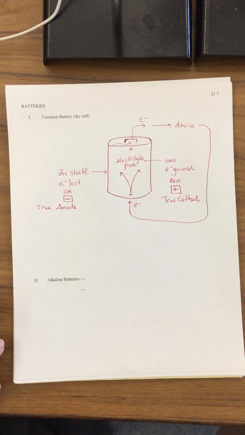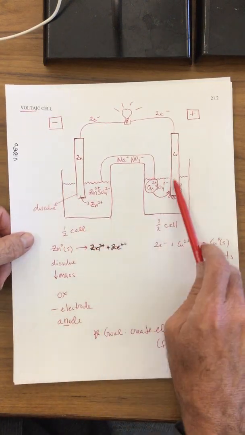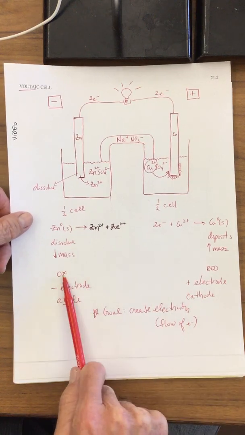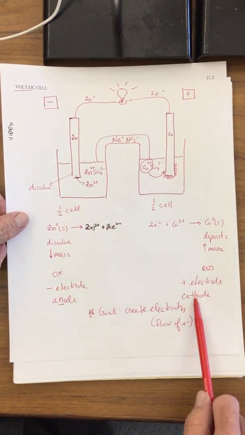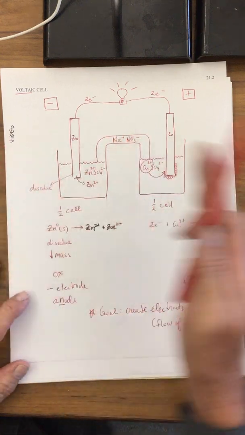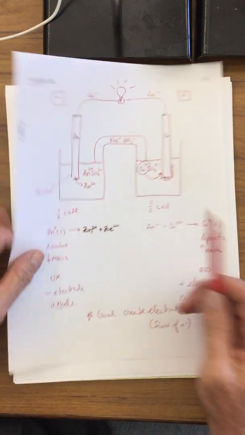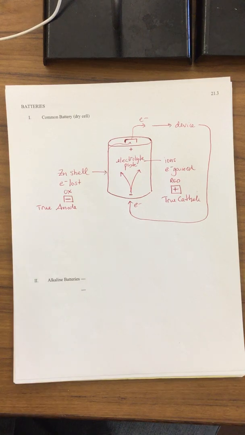So this is the same scenario that's taking place over here. We have our pitcher, we have our catcher. We have our oxidation, we have our reduction. We have our anode, we have our cathode. If you can get this picture in your minds, this will help you to remember all of these things.